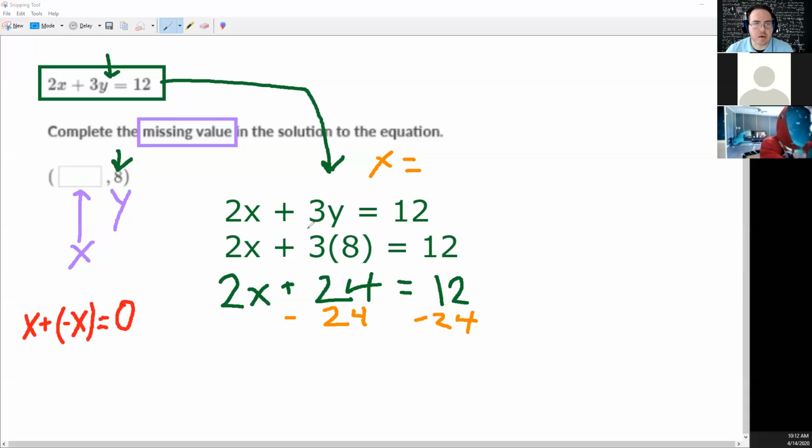So let's go back to our sentence. So this 2x remains. The 24 and the negative 24 cancel each other out because they make 0. 12 minus 24 is going to be equal to negative 12. So there's our abused rule. So that made 0, which is what we wanted. That was intentional. That was not an accident. Okay. So now